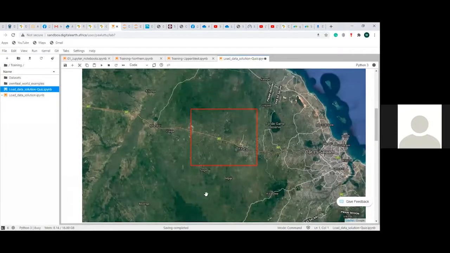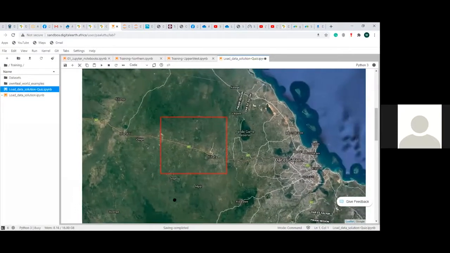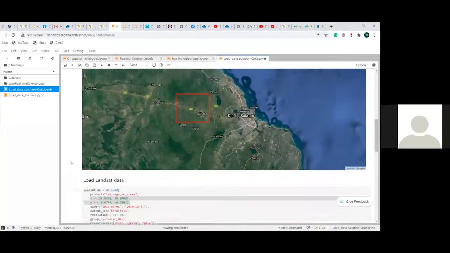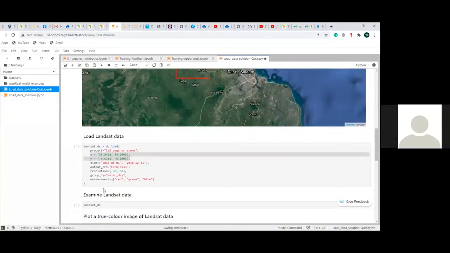As you can see, it has picked the new location, which was on the right side. It's running the Landsat.